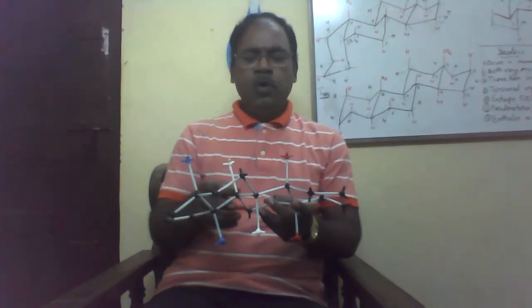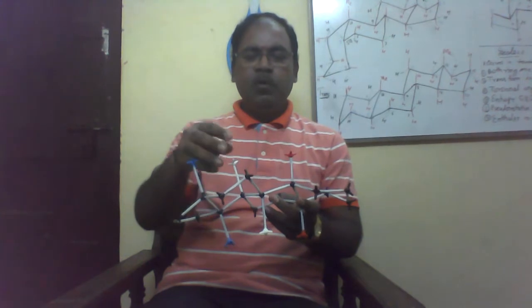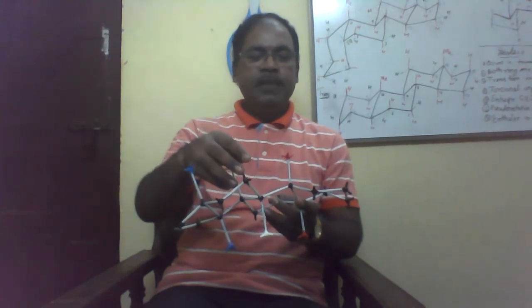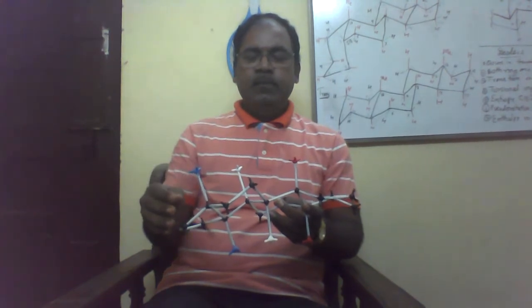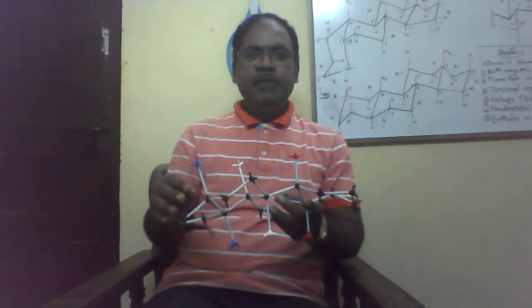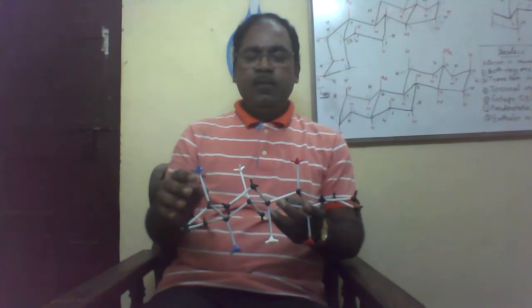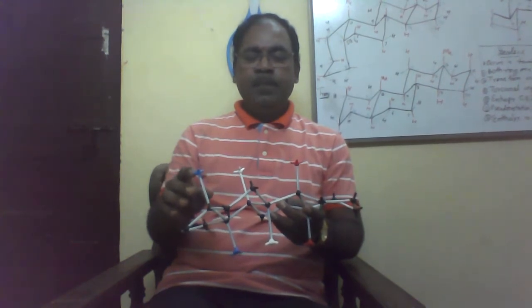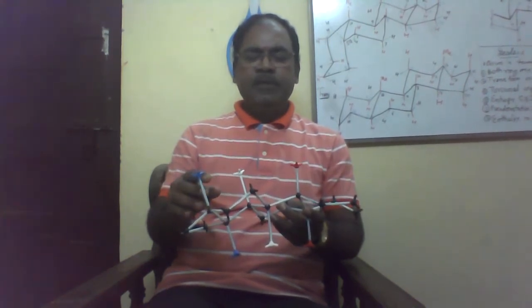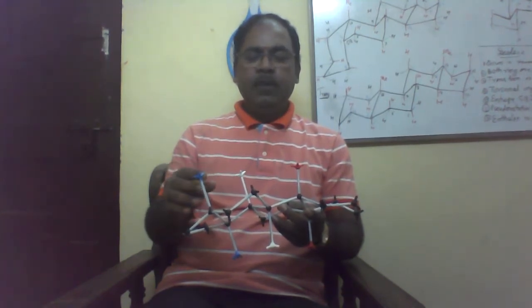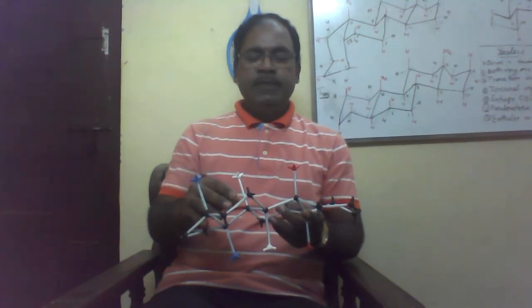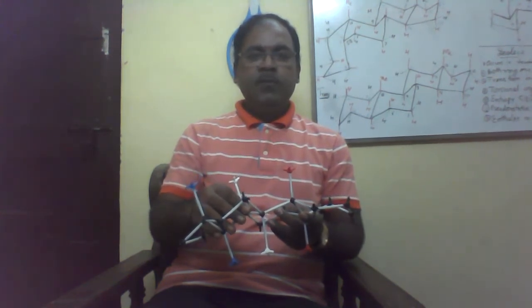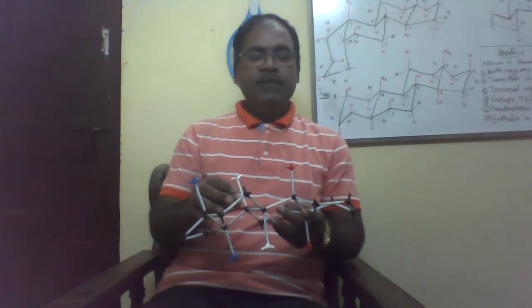All the bonds, CH bonds or other bonds which are attached in these methyl groups, are all away from each other. And as all groups are away from each other, they produce a strain, but that strain remains the same because each group is away from each other. They try their level best to remain away from the other atoms, and because of this, whatever stability is there, in the stability concern, trans form is more stable than cis form.